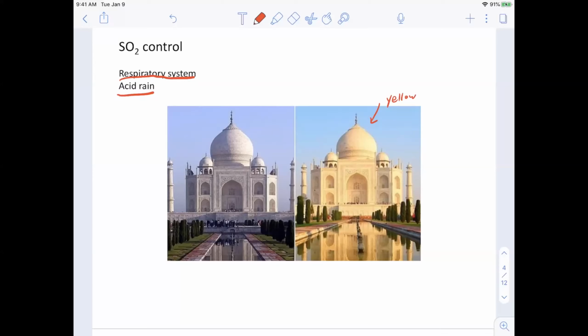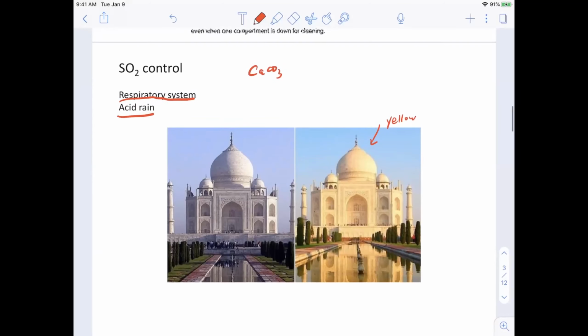People there periodically clean this outer surface of the construction, because we know that this construction is made of limestone. Limestone is mainly calcium carbonate, right? And once acidic species form, for example acid rain, they're going to corrode the surface of the construction,